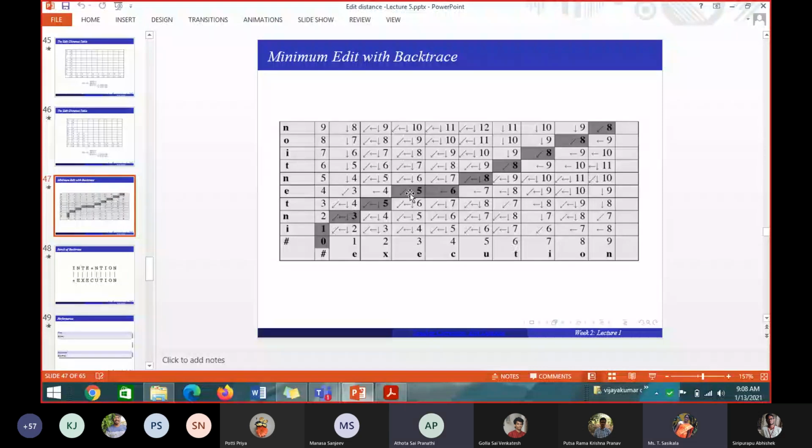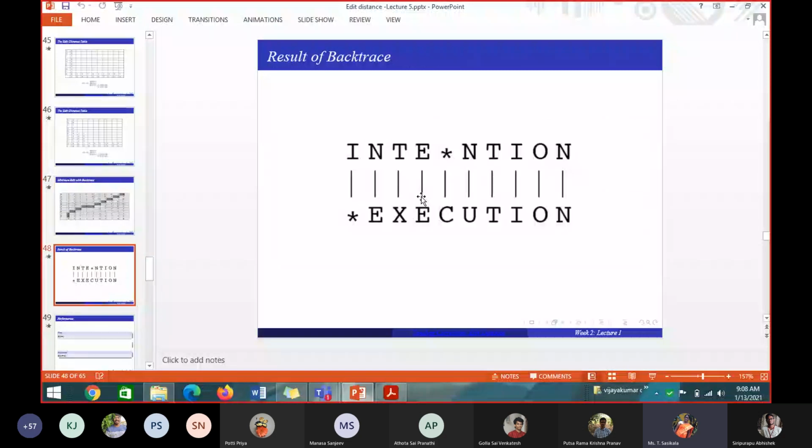5, ma'am. So it's 5 corresponding down. If you come to the x-axis, what is the value I have? For E in the input string, it should be replaced by what value? It should be E in the output string. So E in the input string, same E in the output string.